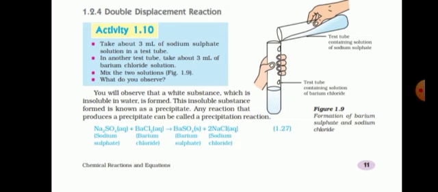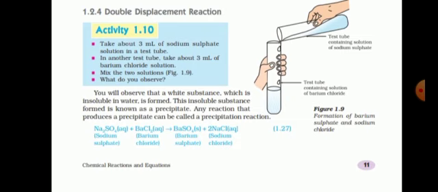And if there is a precipitate in your chemical reaction, then this type of double displacement reaction is called your precipitation reaction. A precipitation reaction is a chemical reaction in which a precipitate forms in the whole reaction. That is a solid substance which cannot be dissolved. It is an insoluble salt. So your precipitation reaction is a type of double displacement reaction, and you can also call double displacement reaction a precipitation reaction too.